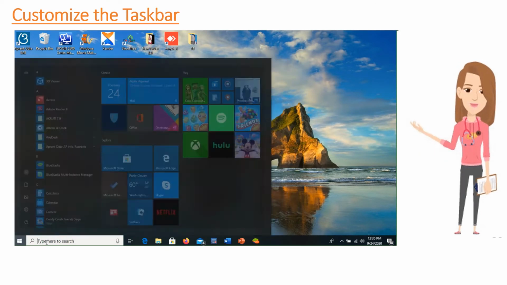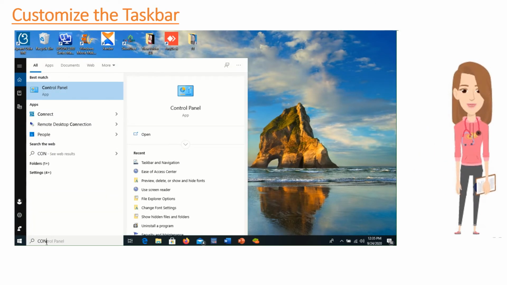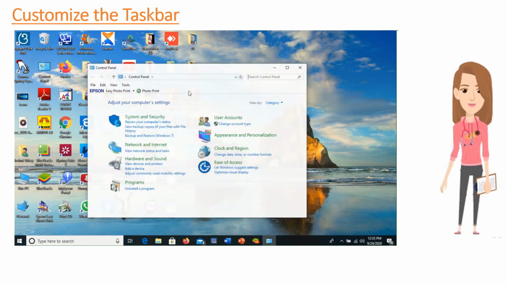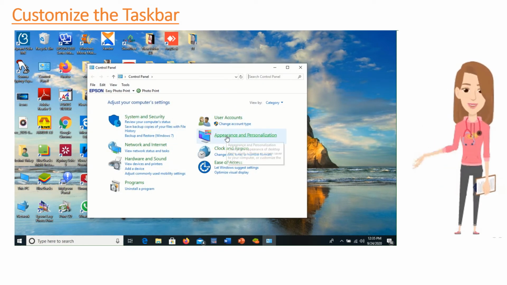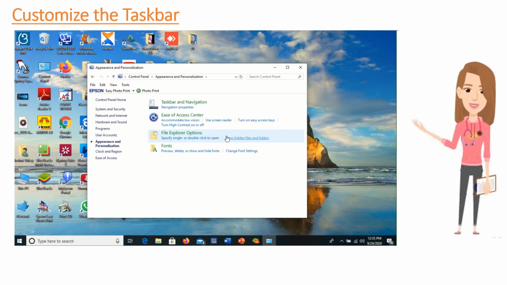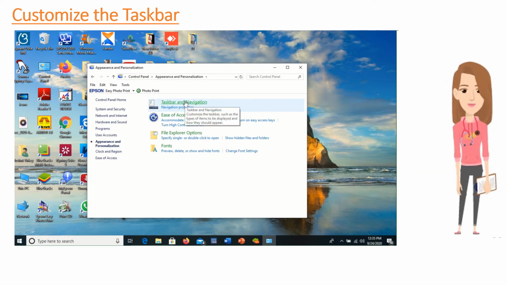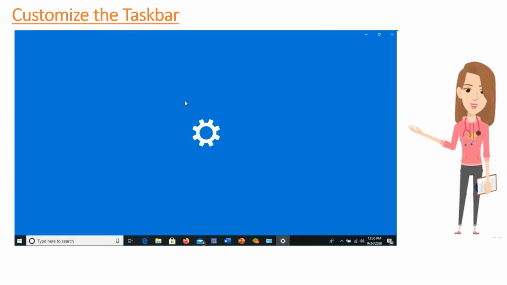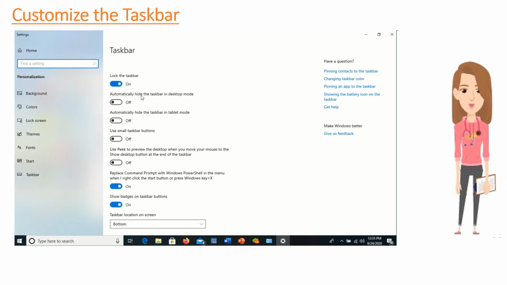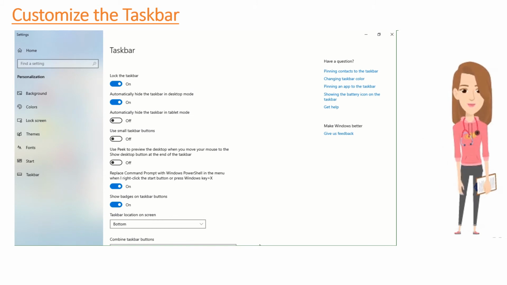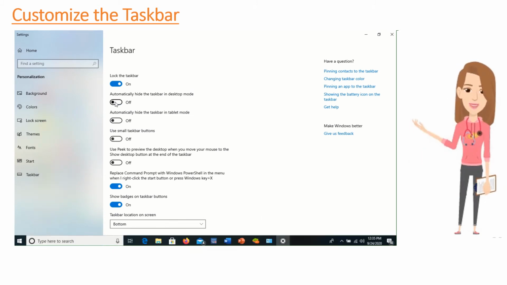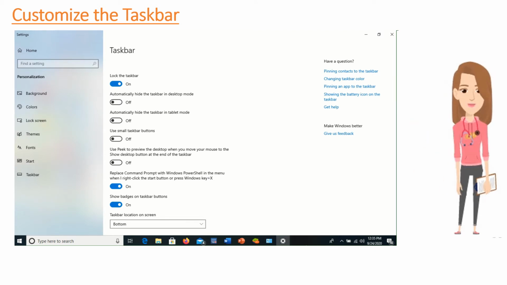Start menu, control panel, appearance and personalization, taskbar and navigation, automatically hide the taskbar in the desktop mode. Taskbar hide, off. Taskbar show.